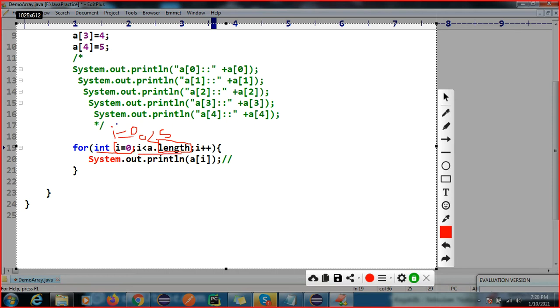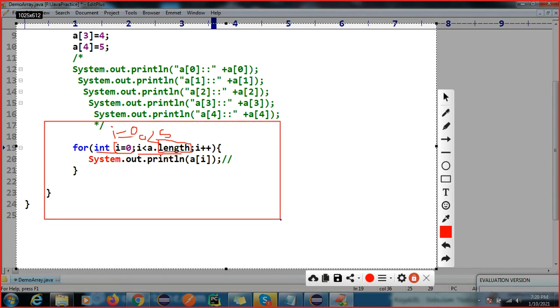Control comes here, and the condition is true: i equal to 0, and 0 is less than 5. Then a of 0 is displayed.